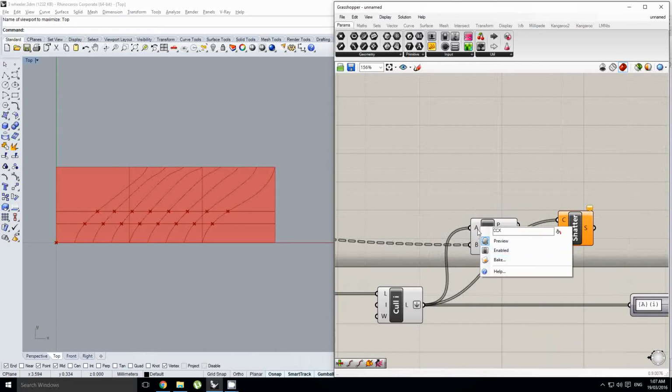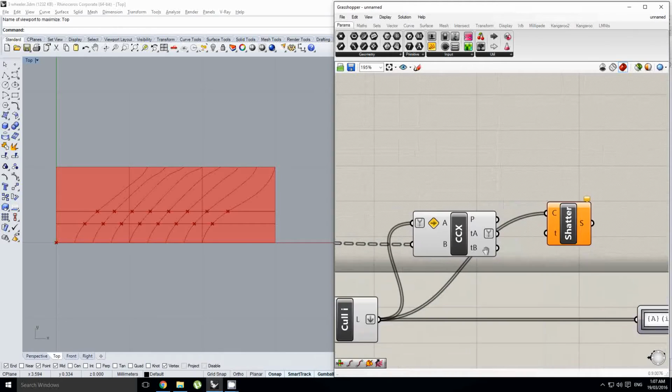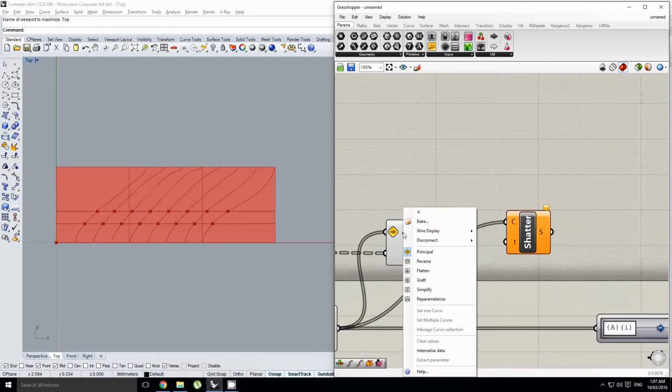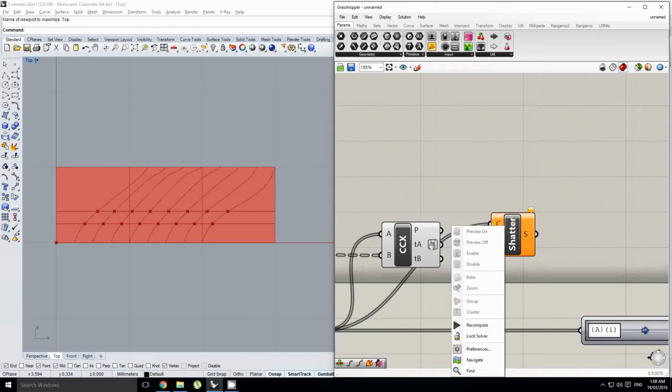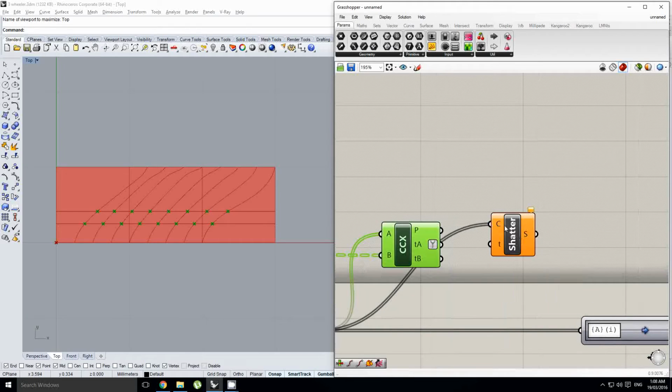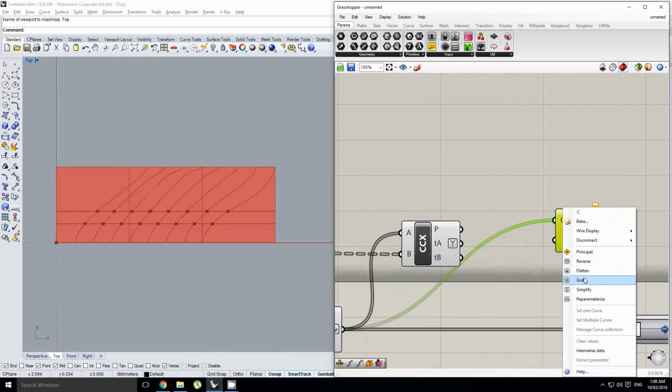Did that principal? No, it really hasn't done what I wanted it to do. Whoops. Okay, we've got 8 curves here. I'm going to have to graft those,